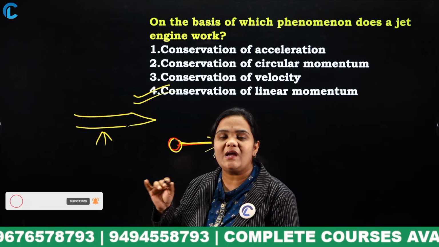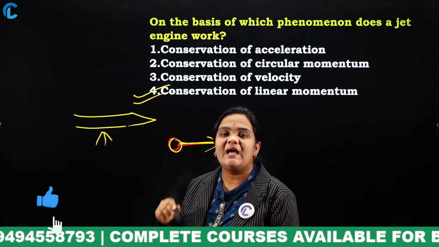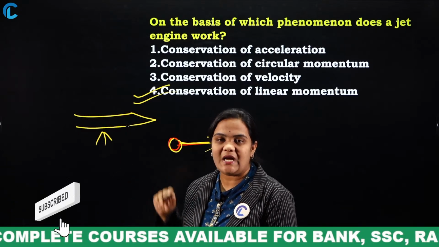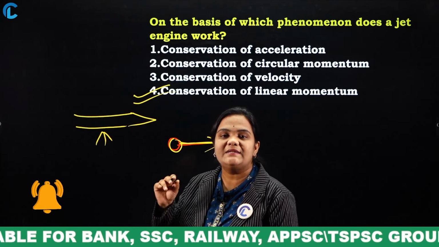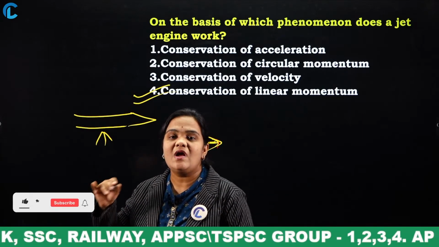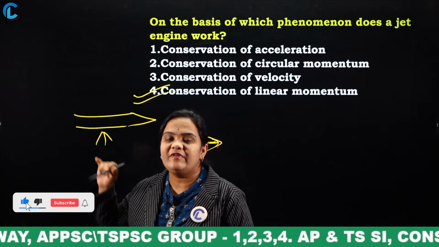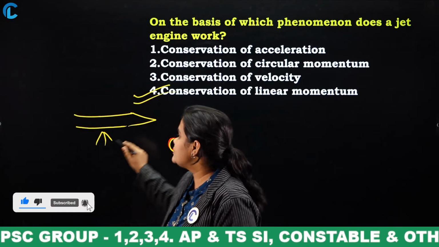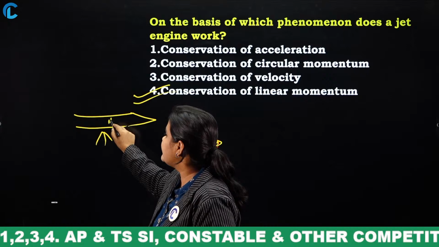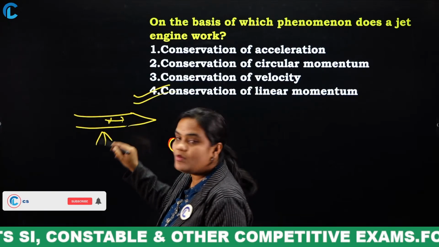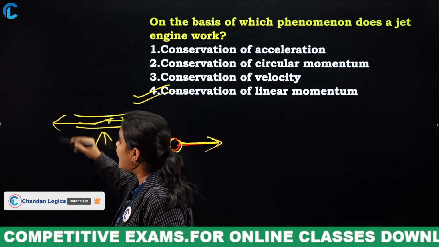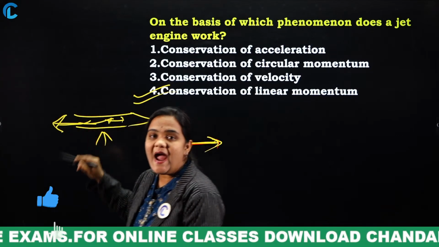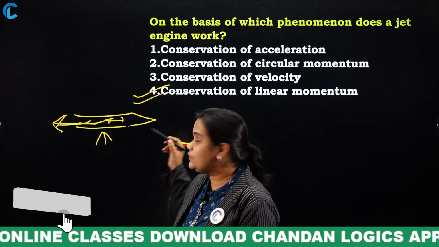When burning of fuel takes place, what happens? Hot gases will be evolved from that combustion. So these hot gases will be of high velocity. What is the result? With the help of these hot gases at high pressure, the smoke will try to escape in the backward direction, and due to the law of